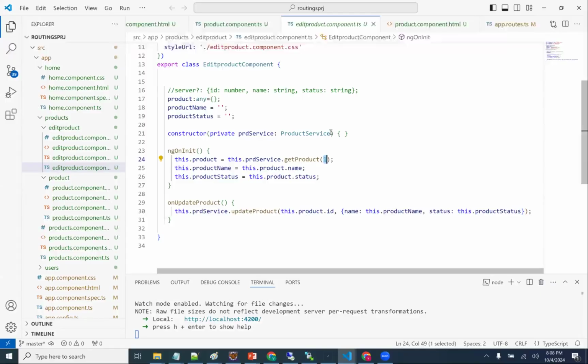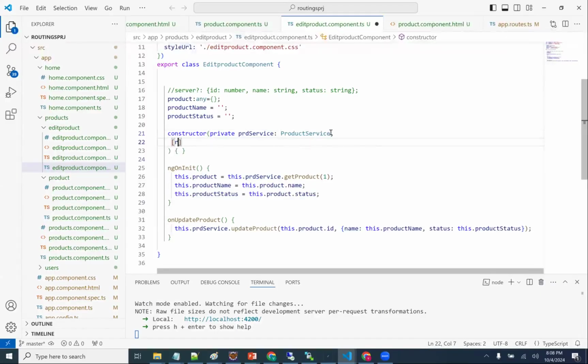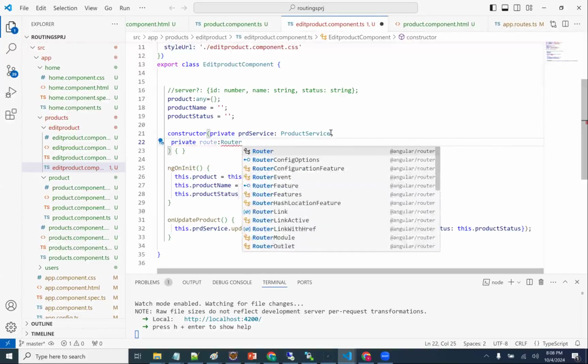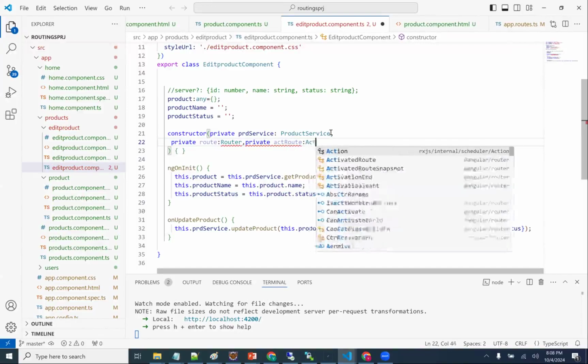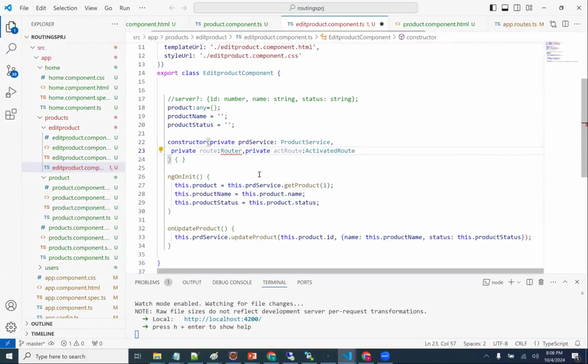For that, I'm going to apply private route, which is a router module, private ACT route, which is equal to ActivatedRoute.